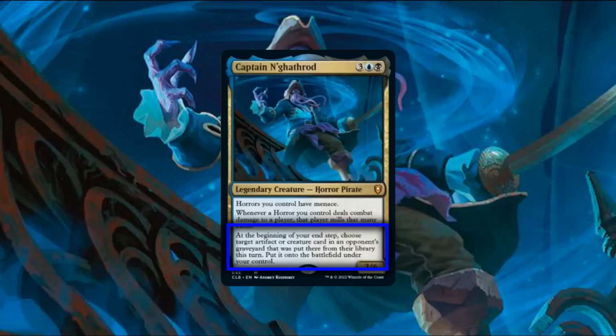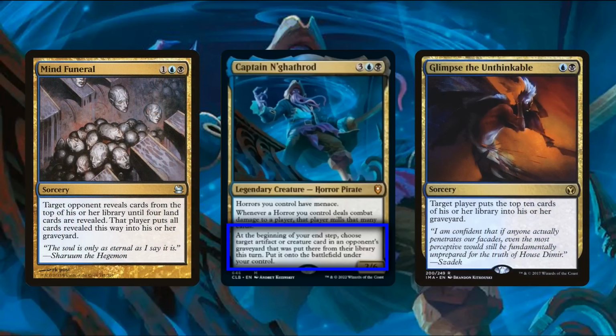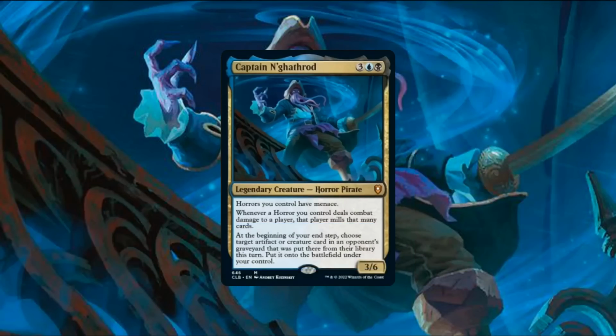And since this procs off any cards milled regardless of their source, we can combine Demir's access to superb mill and the mill provided by our horrors to ensure we can get the absolute best resources from our opponent's bins turn after turn. So, as we can see, Captain Ghathrod is part horror tribal, part mill, and part reanimator/theft, aiming